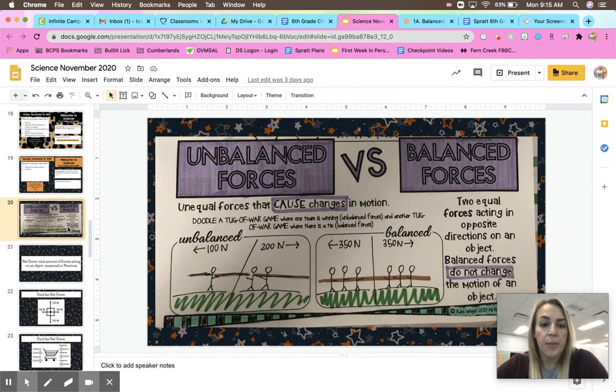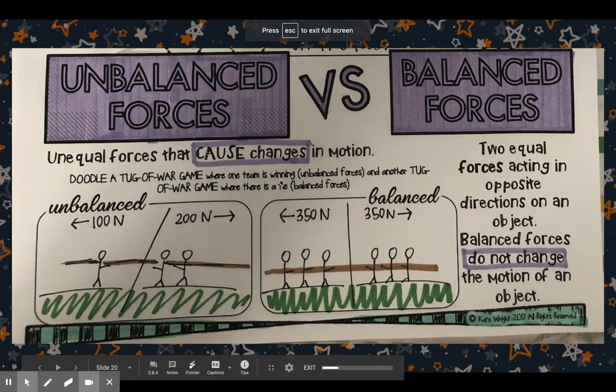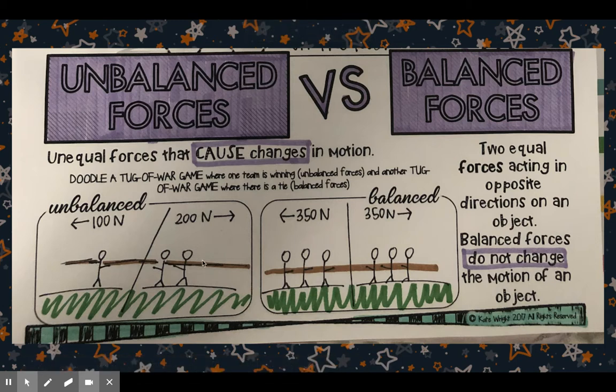So, unbalanced and balanced forces. An unbalanced force is unequal forces that cause changes in motion. So this is an example of an unbalanced force. We've got people playing tug of war. We have this guy over here who's got 100 newtons of force, and these two guys over here who have 200 newtons of force. These two people have more force. There's more people. They're going to win. They're going to be stronger. They're going to have 100 newtons on these other people. So it's going to move. The rope is going to move to the right. Okay? So for the definition of unbalanced force, make sure that you put an unequal force that causes change in